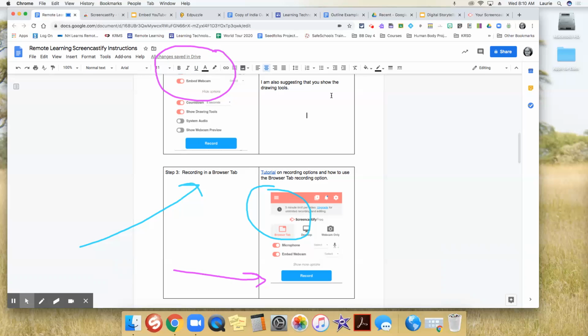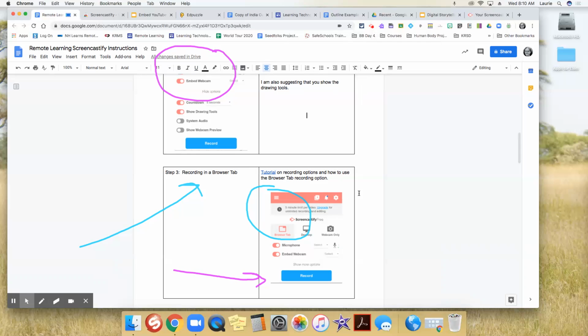So when I'm finished with this, you'll see up here that next to my Screencastify, this red dot lets me know that I'm currently recording. When I start nearing my 5-minute window, it's going to send a message that I'm almost at 5 minutes.